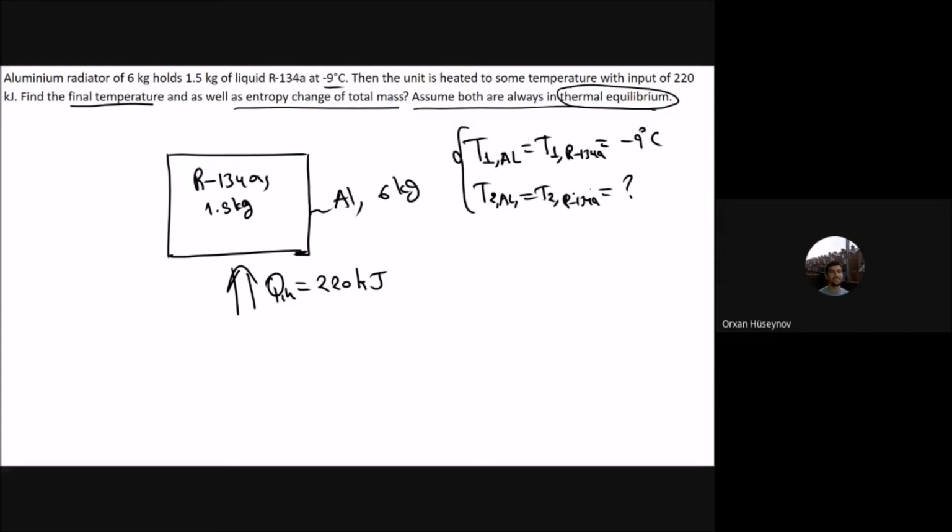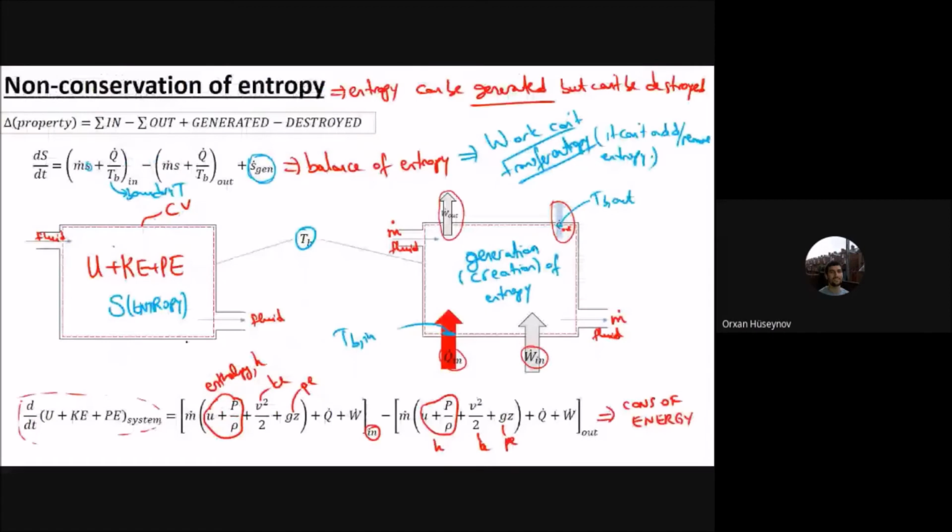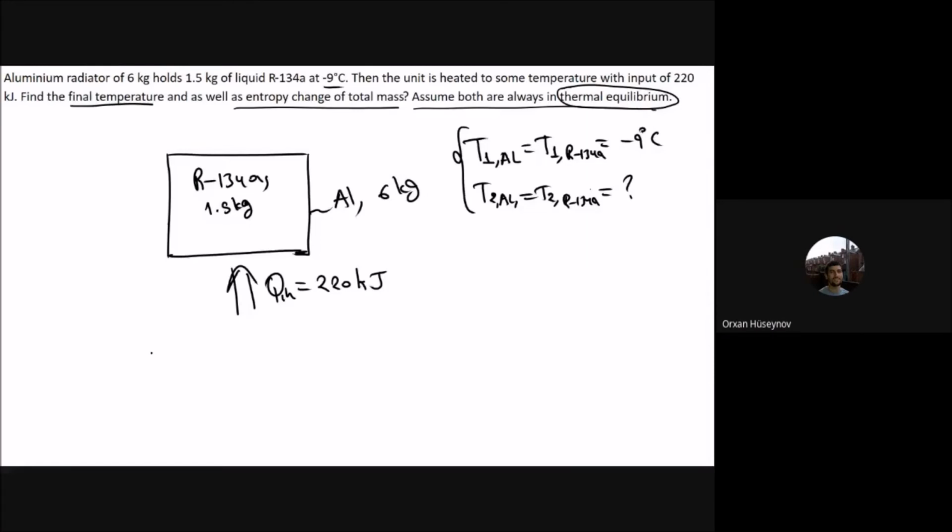Okay, so we have this one. Good. Now, first we will find the final temperature and then the entropy change. One thing I forgot to add here is that this one is the first law of thermodynamics, and this one is the second law of thermodynamics, the balance of entropy. Now, to find the final temperature T2, I will just use the first law, and the first law says